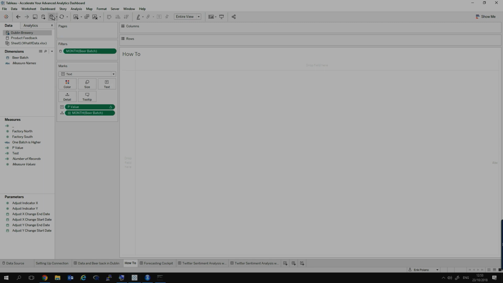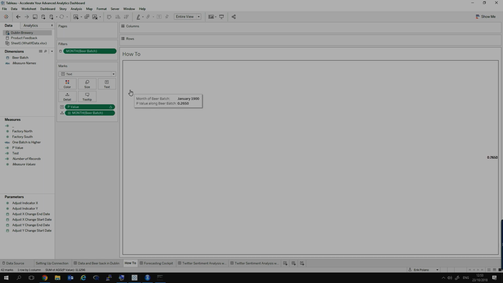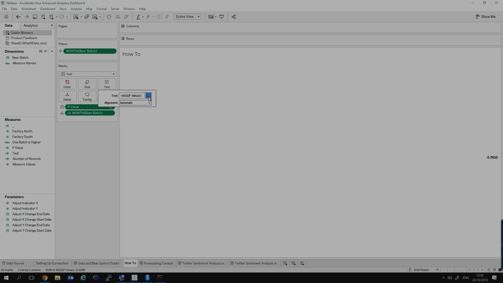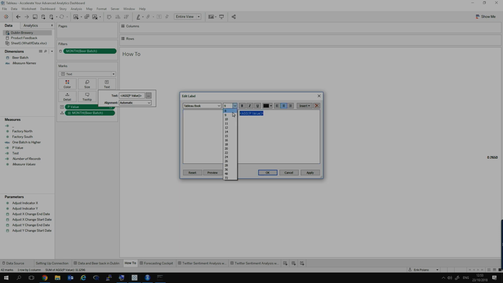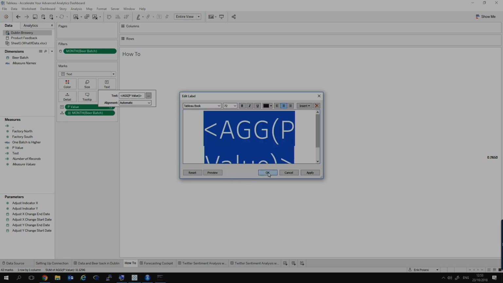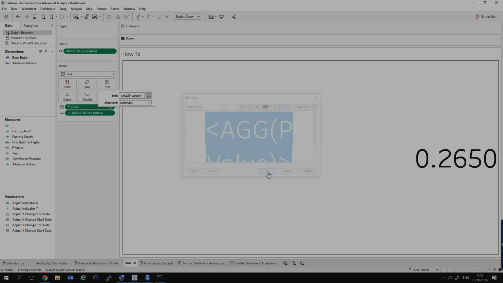So on that exact point, I'll now let Tableau run this calculation, and now I can see that I have returned that value, which I'm just going to make a little bit bigger here for us, which is the equivalent of what we were looking at before. Now, you're probably thinking, OK, this was a t-test.